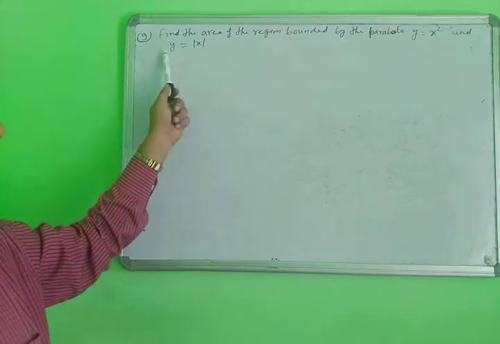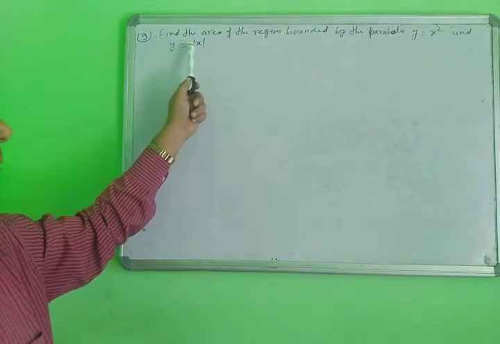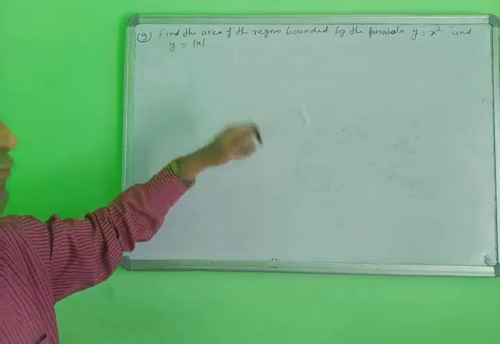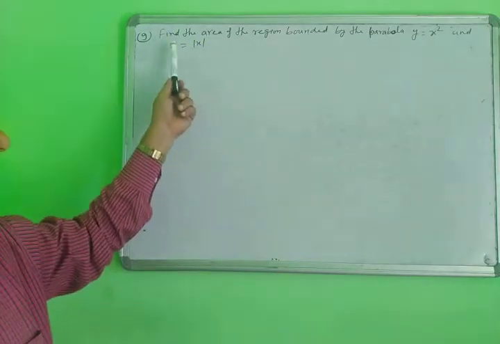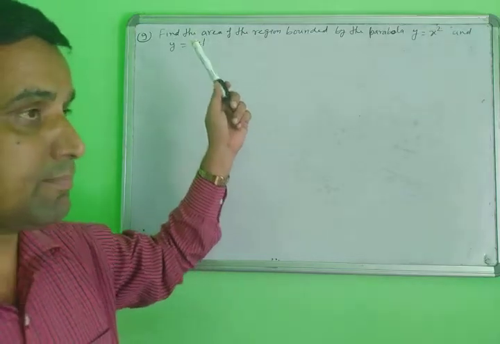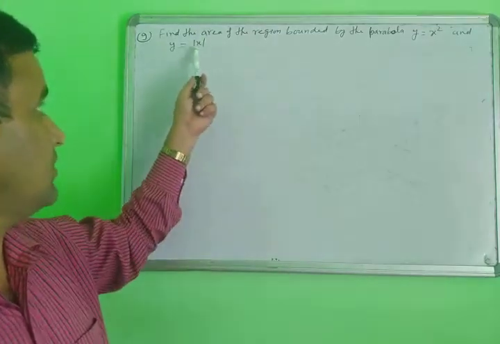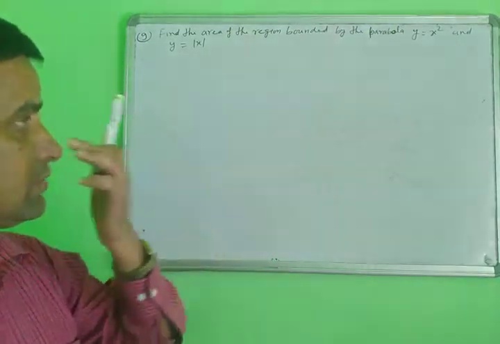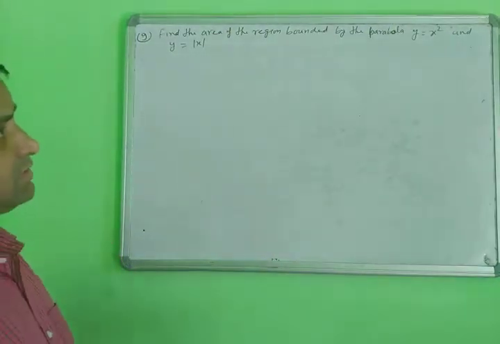Second, here is the line in mod form. When you have the mod form, first convert it into signum form. Then find the values of the line and in which quadrant it will be drawn, first quadrant, second quadrant or third quadrant. Yes, note it down.